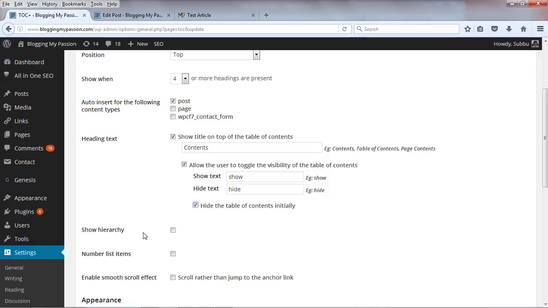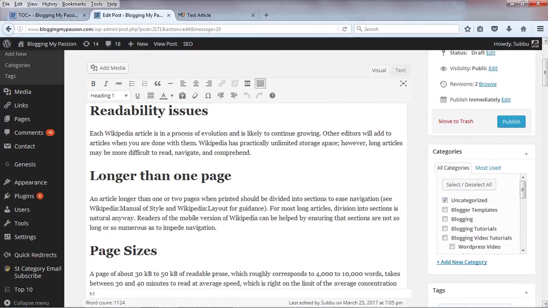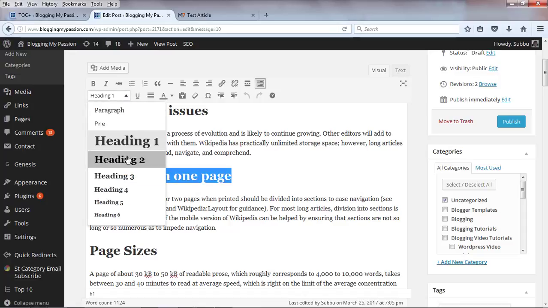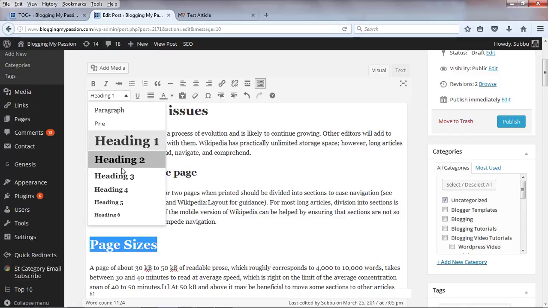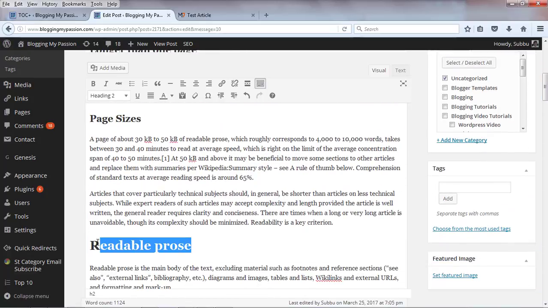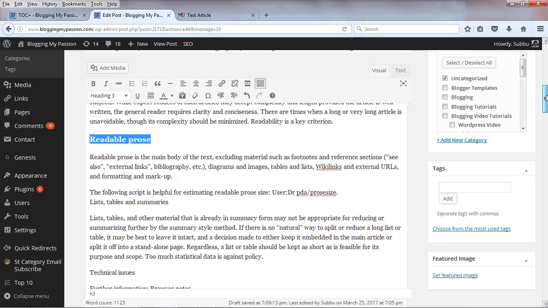Now show hierarchy. Hierarchy means you can use multiple headings, and if you use multiple headings, it shows that hierarchy. Let me show you this one. Here, all the headings we are using are H1. So some of these things, let's make them H2, heading 2, and let's see how they work. I'm selecting this second one and making it H2, and I'm selecting the third one and making it H2, and let me make some more items. I'm selecting this third one as H3, and let me put some more